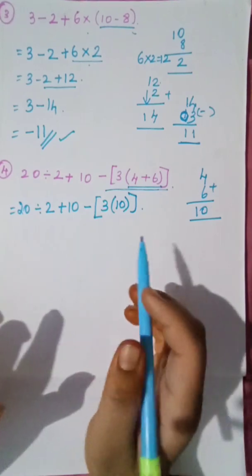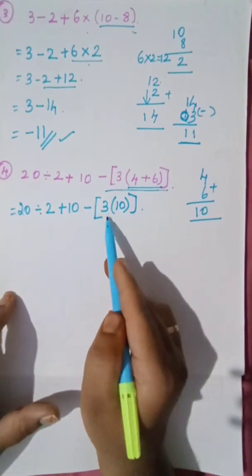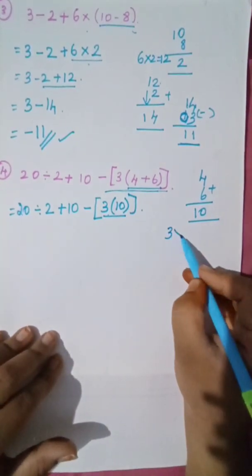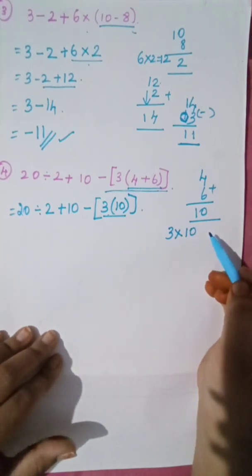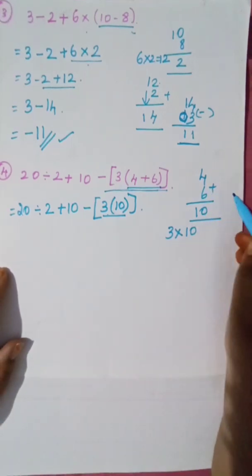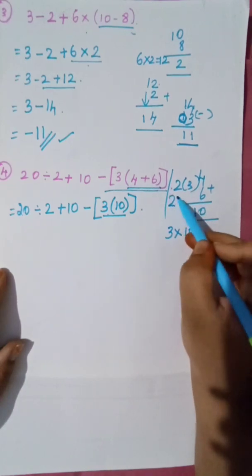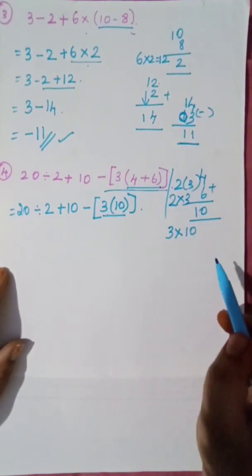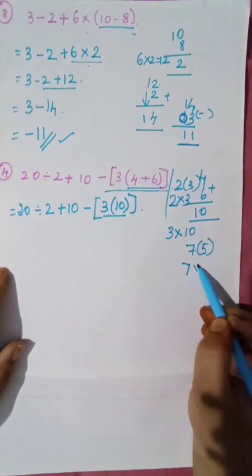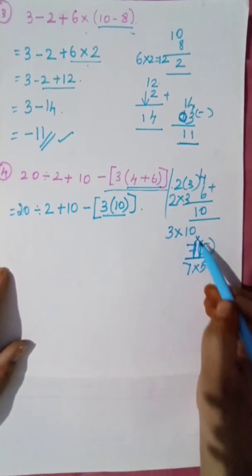Okay? Now one bracket is finished. So we are having it like this. 3 bracket 10. How do we write 3 bracket 10? That is 3 into 10. Clear? Okay, for example, if they had given 2 bracket of 3, how should we write it? So 2 into 3. Okay, you have to write like that. For example, 7 bracket 5 means that is 7 into 5. So you have to consider this gap as into.